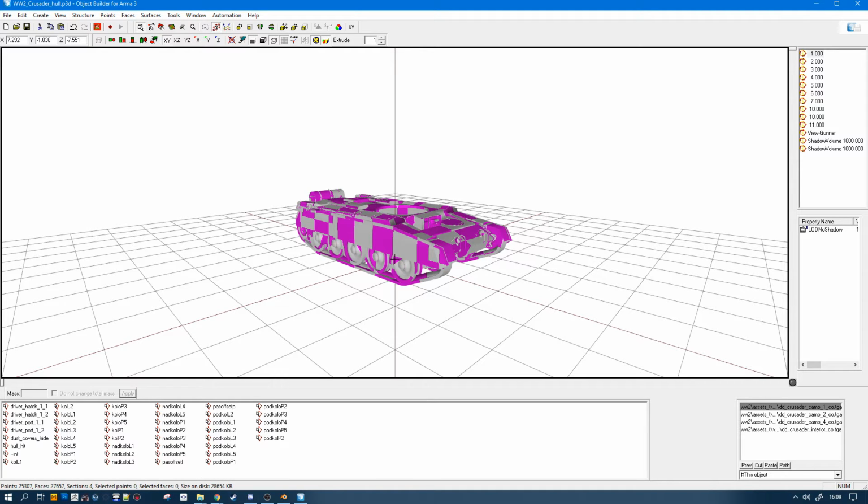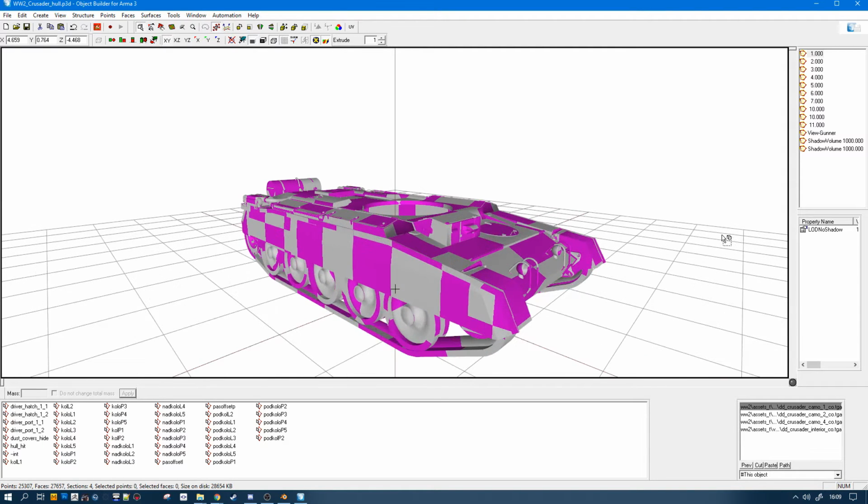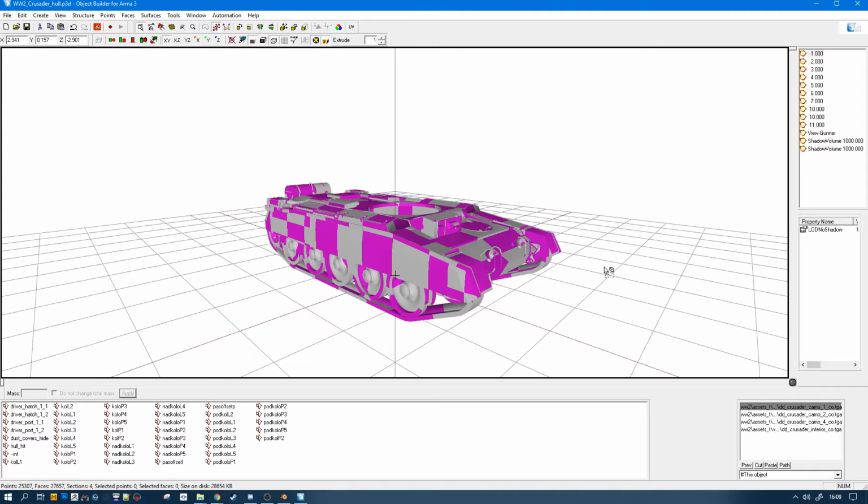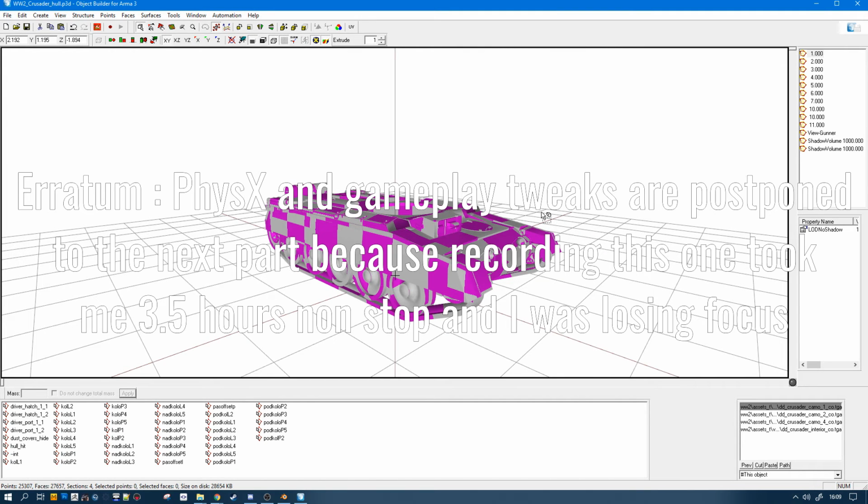The hit points will be done at the very last. And in between, we will write the model config, so all the animations for this hull interior, and also the config export, so to be able to actually play it and add all gameplay functionalities to the hull. So let's start right away.